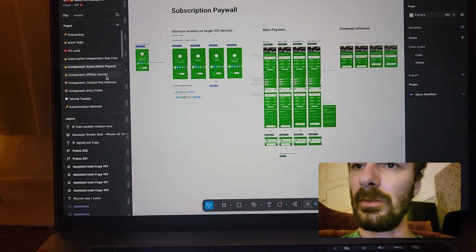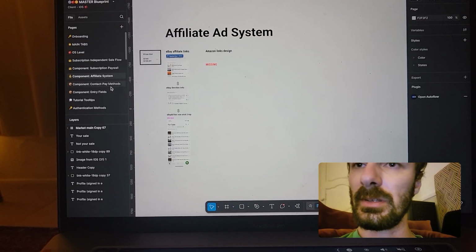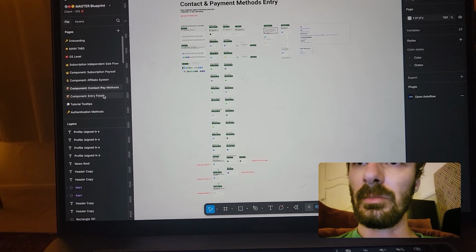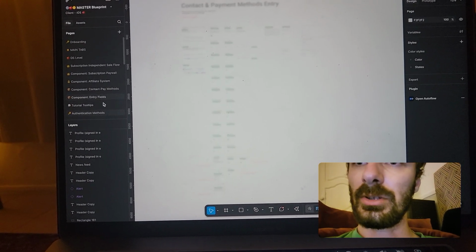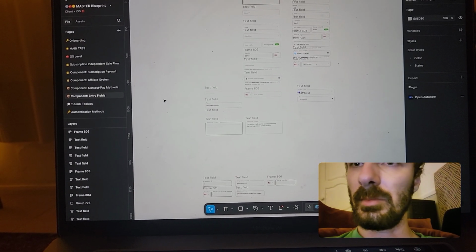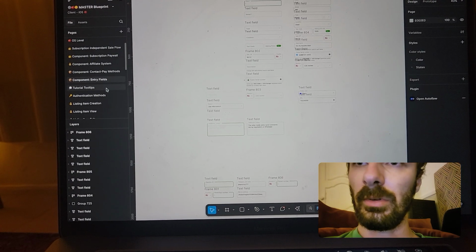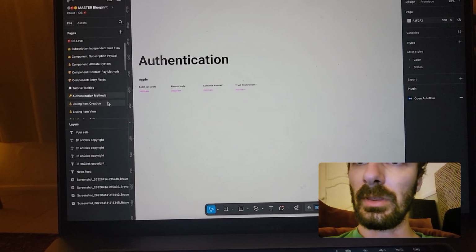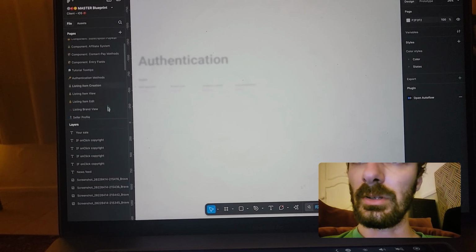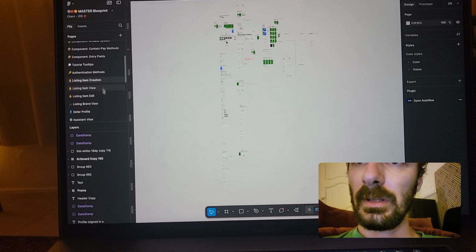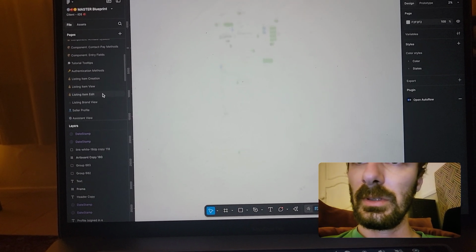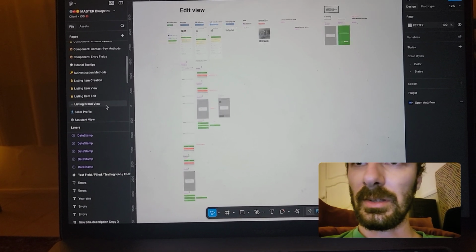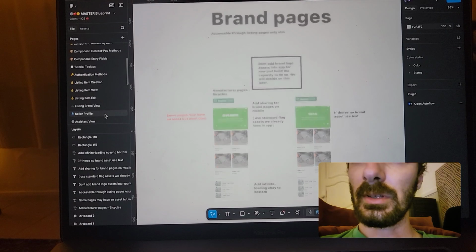The subscription paywall for iOS, the affiliate system component, the contact and payment methods system employed throughout the app, entry fields that the team and I have been in the middle of upgrading throughout the app, the tooltips, authentication methods, listing item creation, listing item view, listing item edit. I'm just flying through all this. Listing brand view, seller profile,